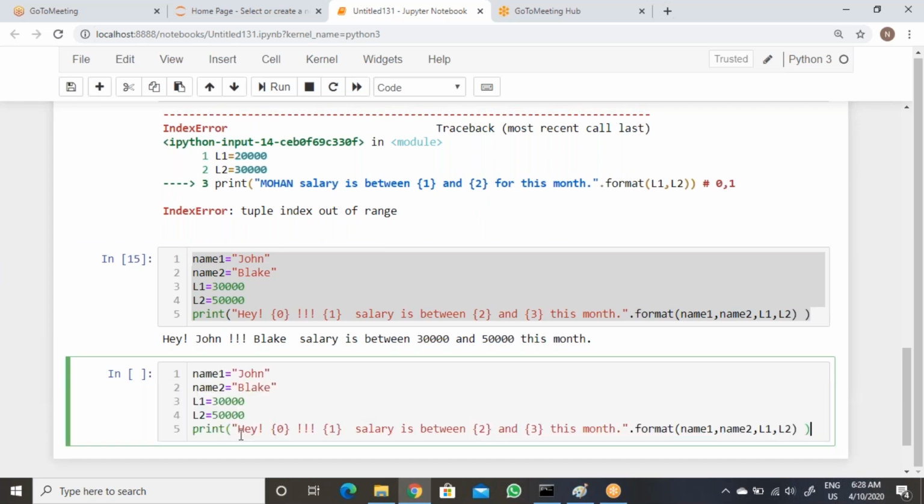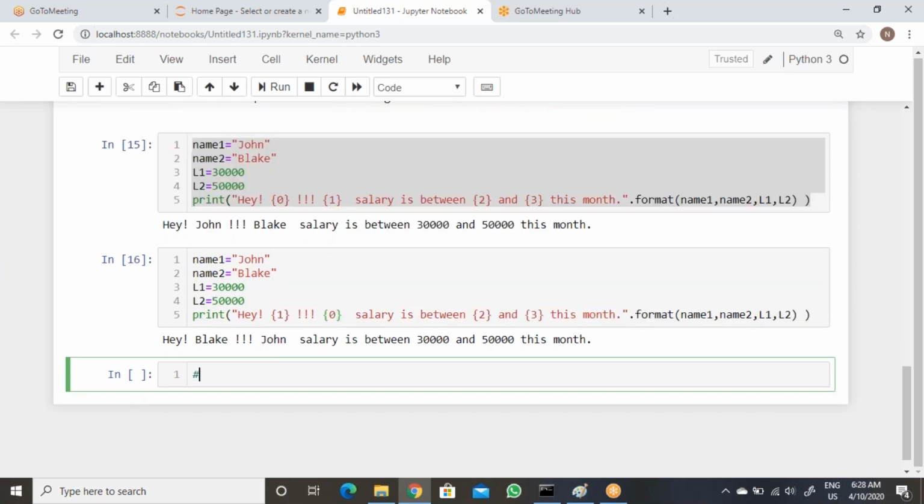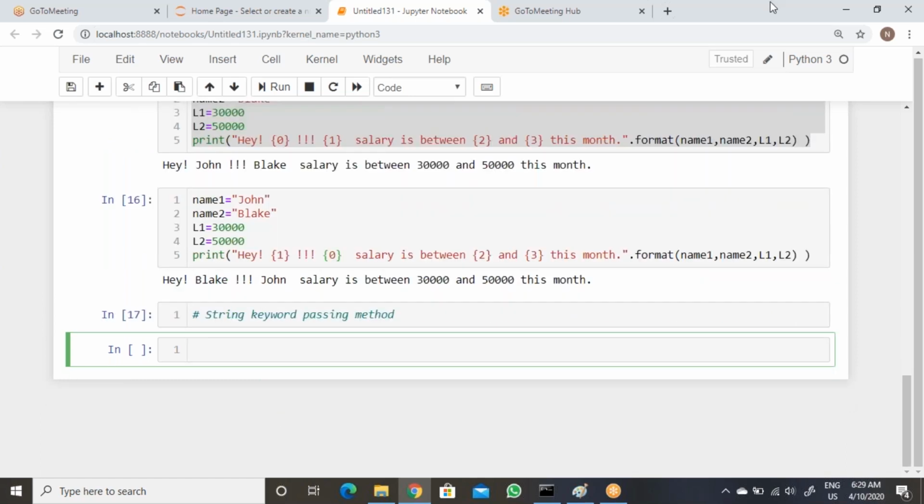That's it. 0, then 1, then it will be 2, then it will be 3. Execute. See now, same output. You can able to change the numbers also. You can say 1, then you can take it 0, like that. So we can able to change through index, string index formatting method.